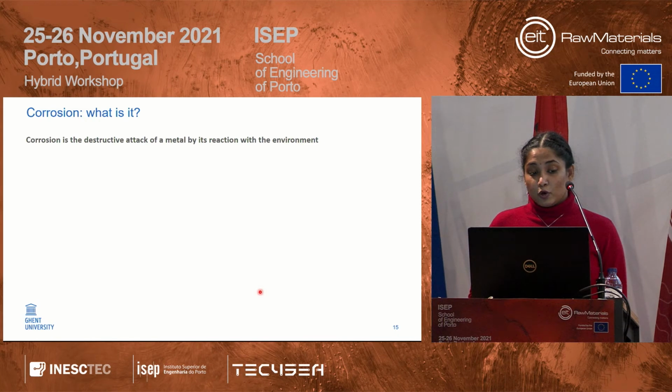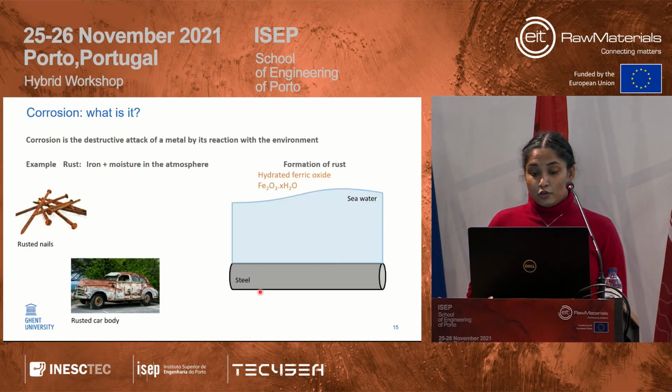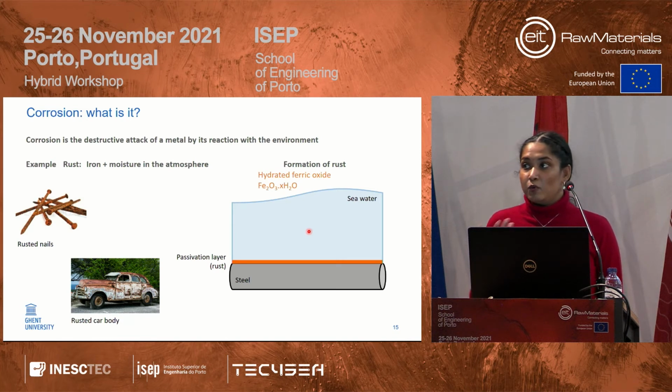So coming to what corrosion is, because tribocorrosion is an amalgamation of two words, wear and corrosion. Corrosion, in fact, is an electrochemical process. It's not physical like abrasion, but an electrochemical process, and you often see rusted parts. To give you a schematic overview or a brief recap of what corrosion is, here we have a steel substrate. Whenever this steel substrate comes into contact with any kind of medium, it can be air, it can be water, it can be any kind of fluid.